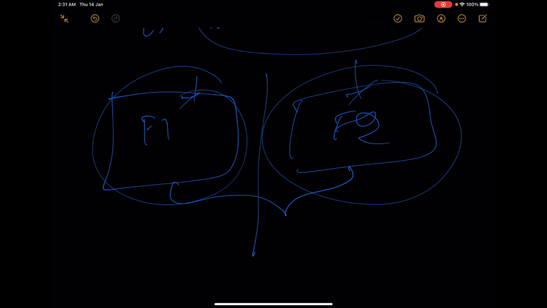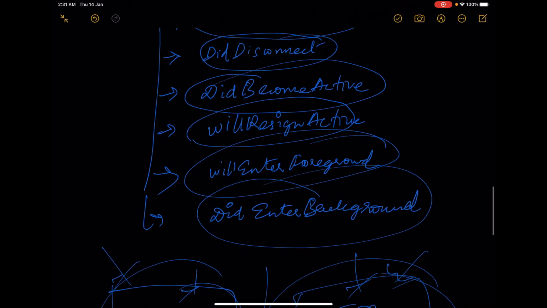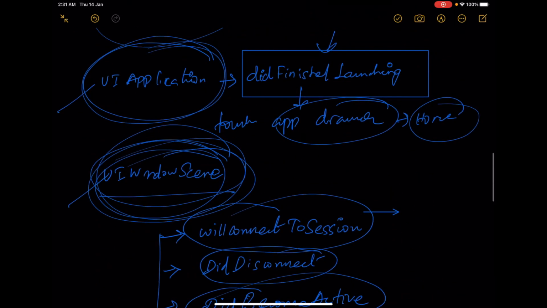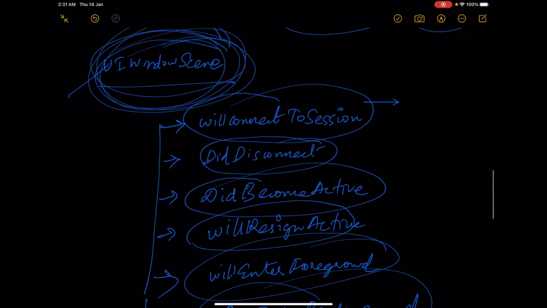So that's the reason they brought the UI window scene concept to iOS. This might be quite heavy for you to understand, but you will get to these things in the coming days. So only one instance of an application always exists, whereas we might be having multiple UI window scenes.